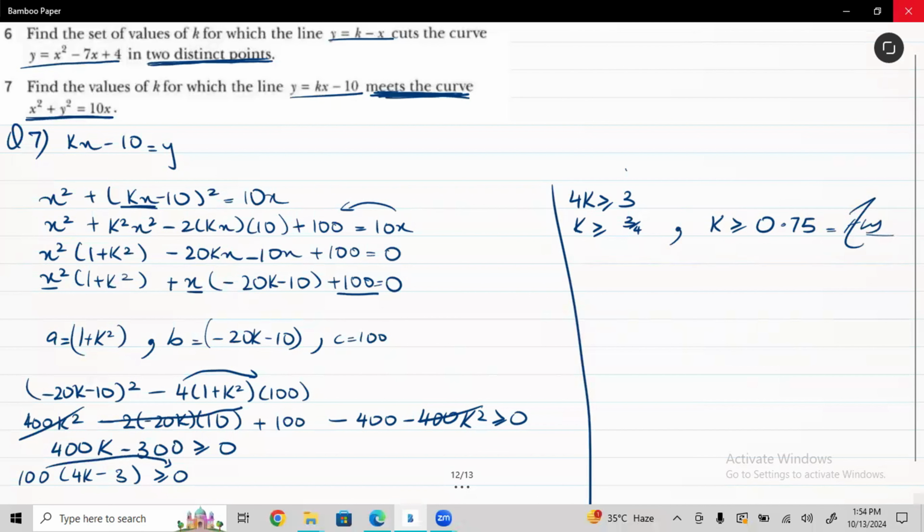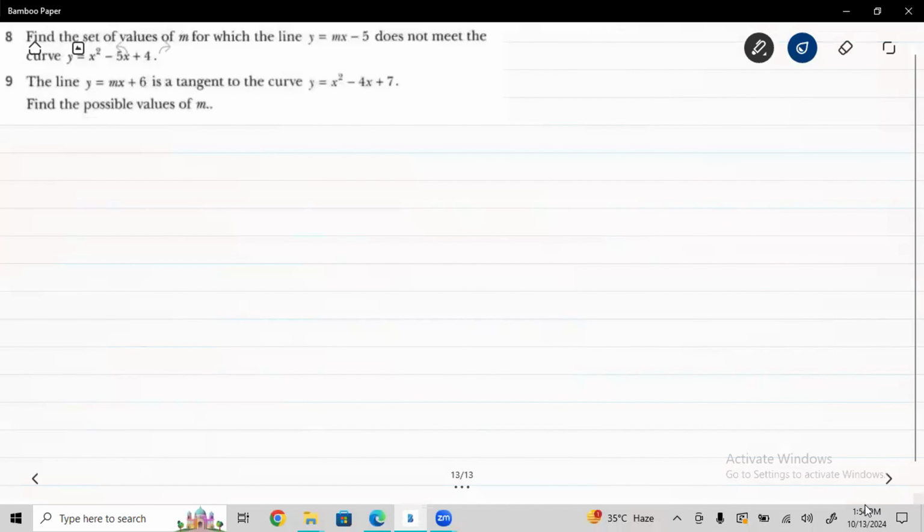I know it's not lengthy, but it's kind of confusing because there's a lot of multiplication. There's huge values in this. And sometimes students get confused when dealing with larger values. But still, it's easy. For question number 8, we have: find the set of values of m for which y is equal to mx minus 5